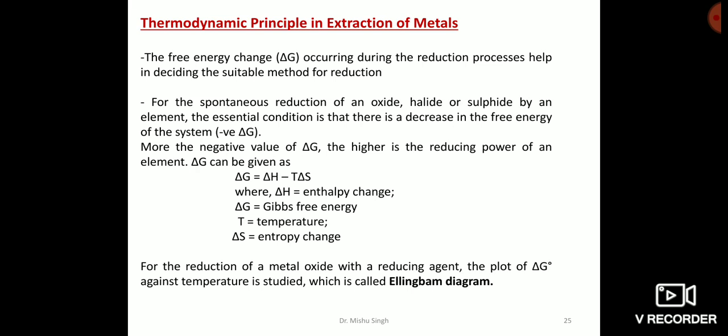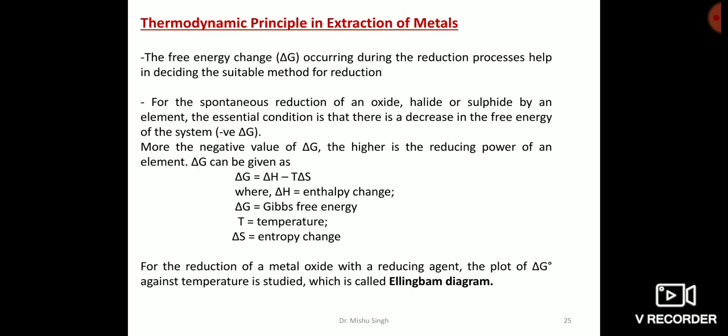For any process, the Gibbs free energy change is given by the equation ΔG = ΔH − TΔS, where ΔH is the enthalpy change, ΔS is the entropy change, and T is the absolute temperature. If ΔG is negative, this means the reaction will proceed in the forward direction, forming the product. The criterion of feasibility of a reaction at any temperature is that the ΔG of the reaction must be